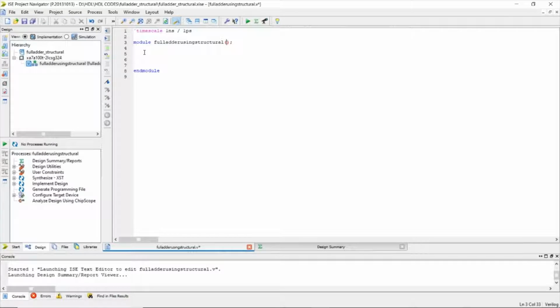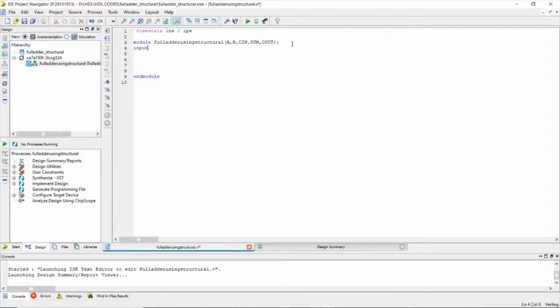After creating the module, you would be seeing this. Here you need to give the input and output ports A, B, C in, sum and C out, which is the carry out. After declaring these, you need to specify which of the ports are inputs and outputs.